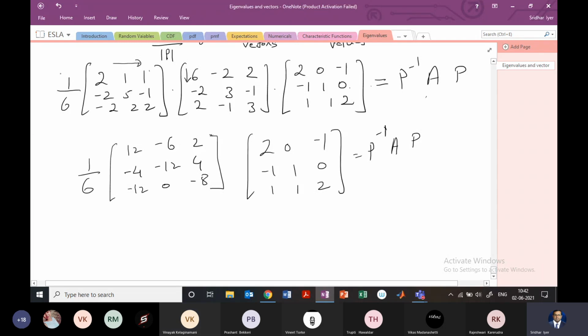Outside this one is the determinant. So now again we'll have to multiply this row with this column here, meaning each element with that column. So you'll have 1 by 6, so you'll have 12 into 2 minus 12 plus 12. Like that each element will have to be calculated. Okay, so it's a bit tedious. 12. Check with me, okay?